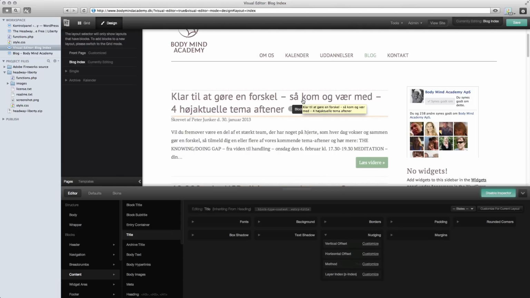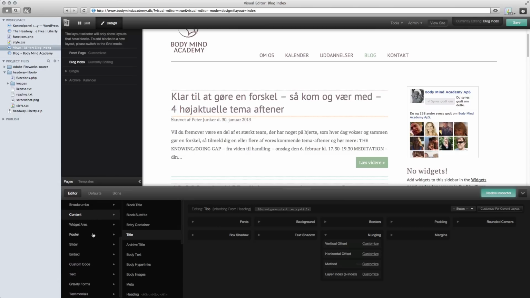A lot of themes and even premium themes have built-in design controls, but I really haven't found any theme or theme framework for WordPress that is as comprehensive as Headway. And what's good about Headway is that they accomplish it in a very user-friendly manner, because this is a nice hierarchy to navigate with.